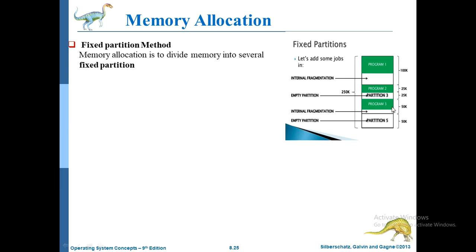In this example, program 1 will occupy the first block, but here the block size is 100 KB, and program 1's size is only 60 KB. In the fixed partition method, we cannot use the remaining 40 KB space because the size of the block is fixed and the whole block will be dedicated to program 1. So this is the disadvantage. To overcome this disadvantage, we go with the second method,